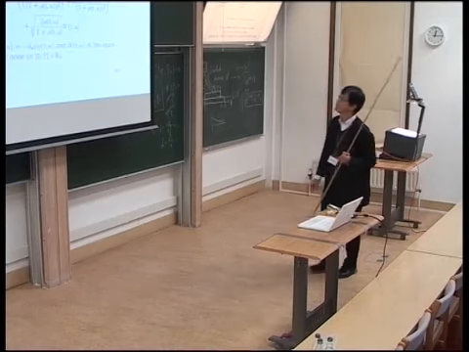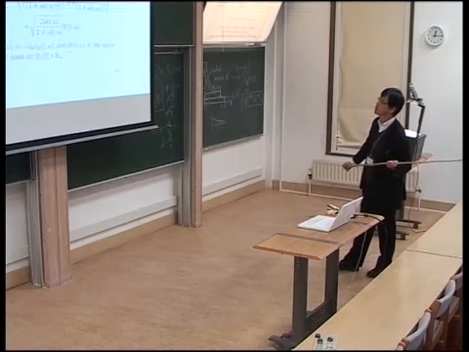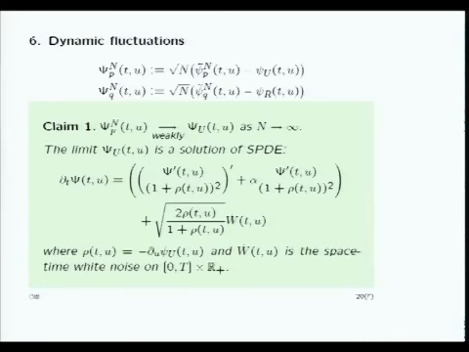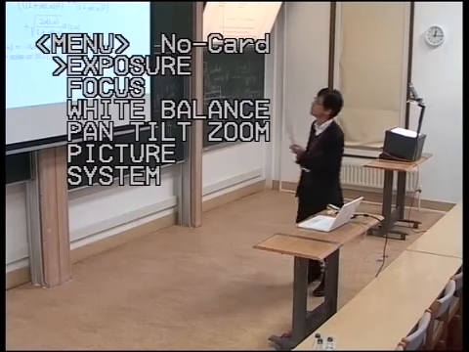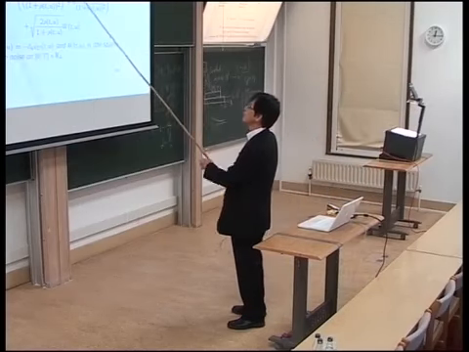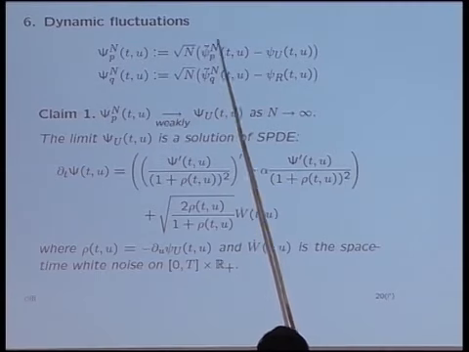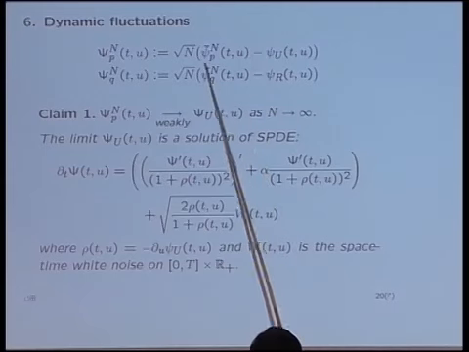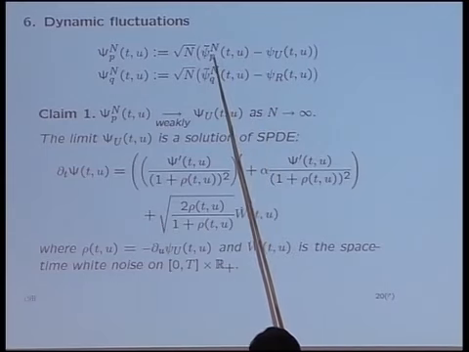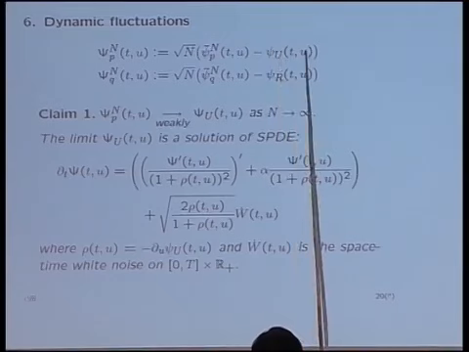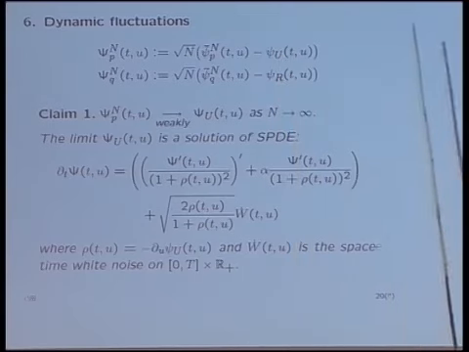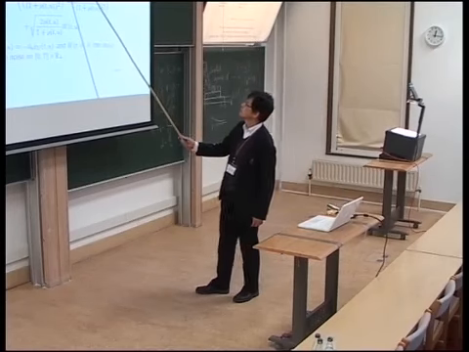Then now I want to move to the dynamic fluctuation problem. This is actually still not precisely studied. So claim means not theorem. It's just still some heuristic argument. But maybe this should be true. So we proved the scaled 2D Young diagrams with uniform statistics converge to some motion of curves governed by nonlinear PDE. Therefore, we consider its fluctuation.